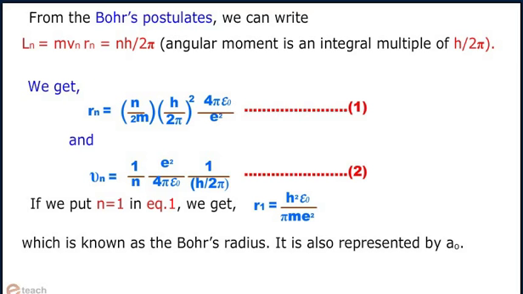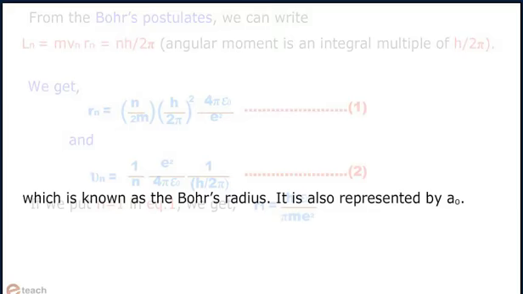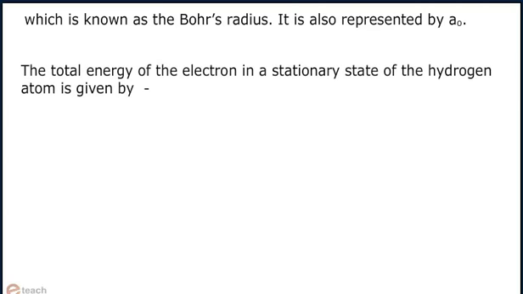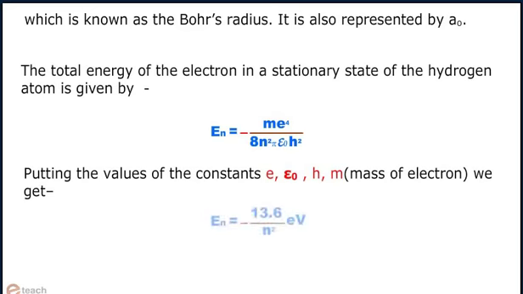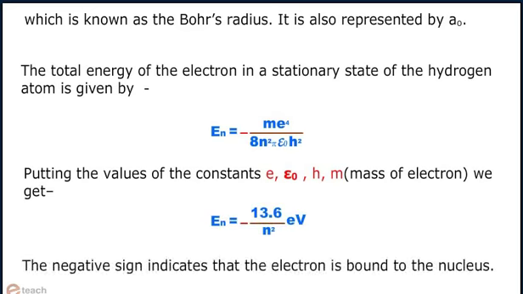Now if we put n equals 1 in equation 1, we get r equals h squared into epsilon naught by m into e squared, which is known as Bohr's radius. It is also represented by a naught. The total energy of the electron in a stationary state of the hydrogen atom is given by E_n equals